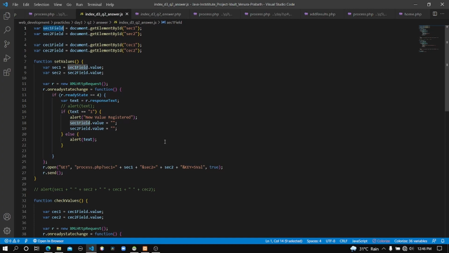That's why we use the AJAX method. So it will send a request, and after the process it will come back with the response without reloading the user's current page. Okay, that's why I use the AJAX method.